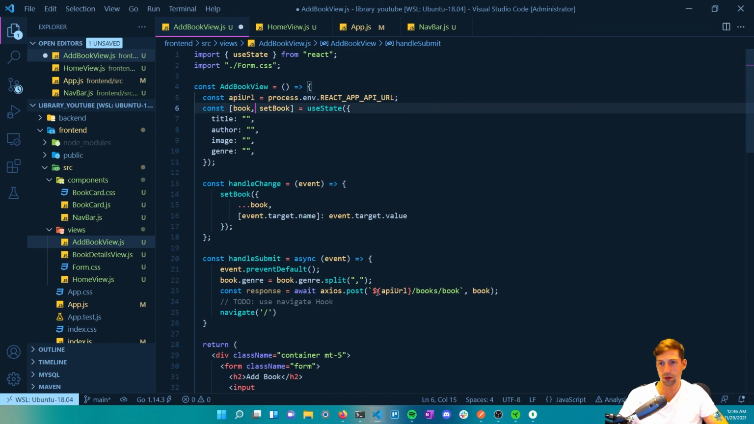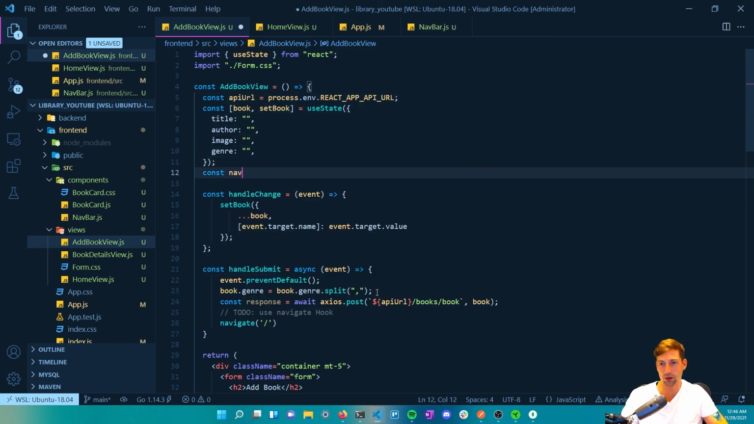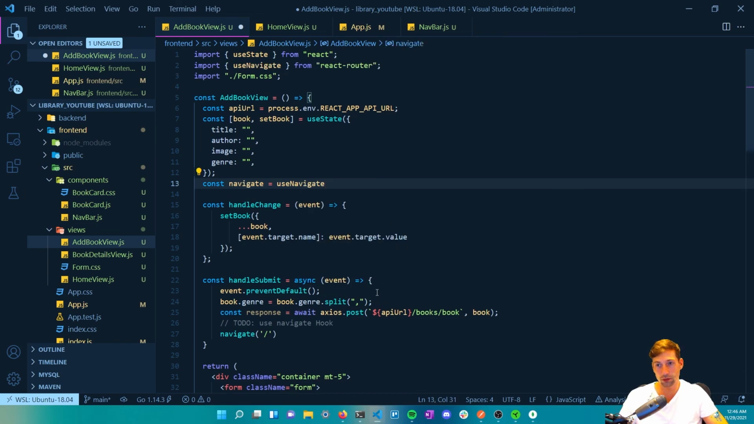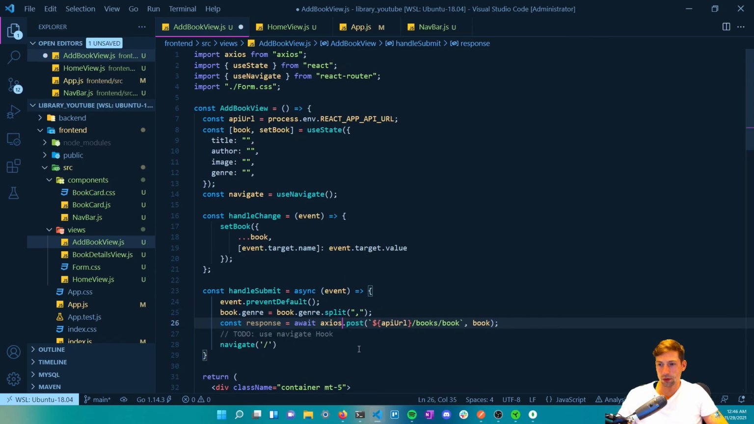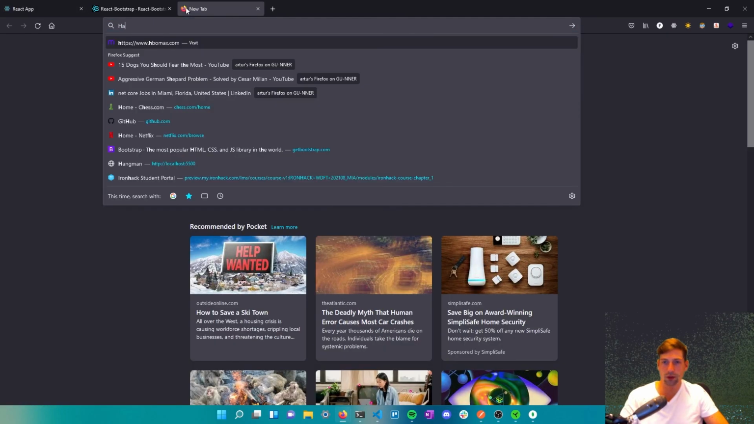In order to make use of navigate, I'm going to create a variable called navigate and set that equal to useNavigate from React Router. There you go. Alright, so an axios. Alright, there you go. Now I'm just going to get a Harry Potter book